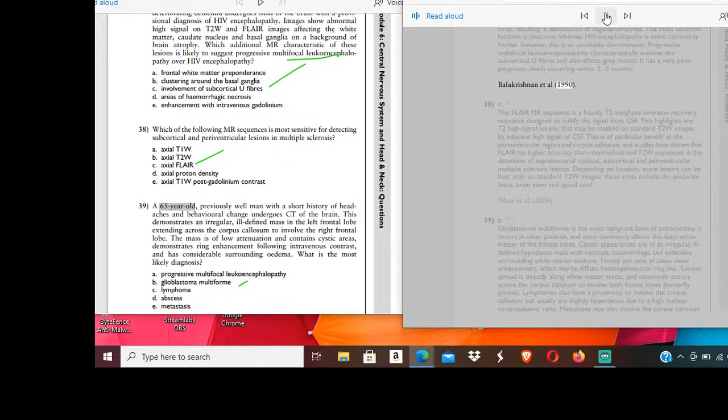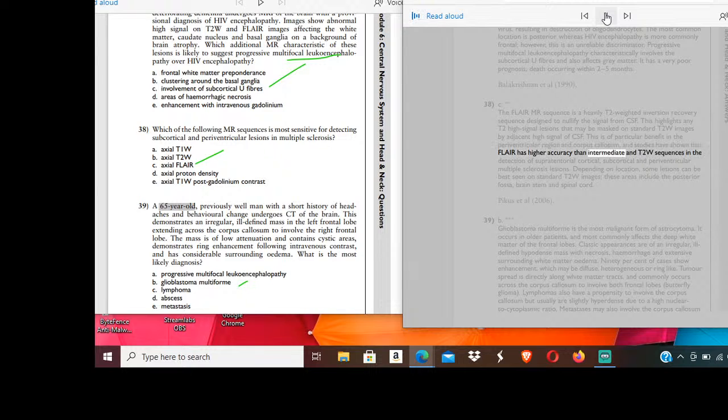Balakrishnan et al. 1990. 38c. The FLAIR MR sequence is a heavily T2 weighted inversion recovery sequence designed to nullify the signal from CSF. This highlights any T2 high signal lesions that may be masked on standard T2W images by adjacent high signal of CSF. This is of particular benefit in the periventricular region and corpus callosum,